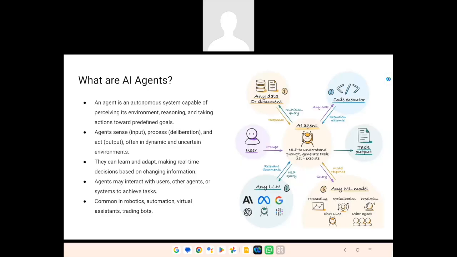So the LLM will decide which tool to use. Let's say I ask my agent this question, what is the weather now? The LLM will say, okay, let's go to the weather API, let's hit the API, let's get the current temperature and location, and then we give the result. Or I may ask, what is the temperature in London? So obviously it will say, okay, the location is London, let's hit the weather API with the location, get the temperature, get back to the user. So this agent is nothing but a dedicated person who has been assigned the task to generate results. Is that clear?